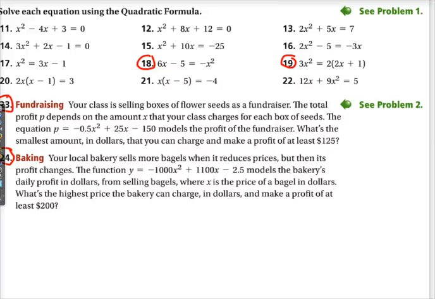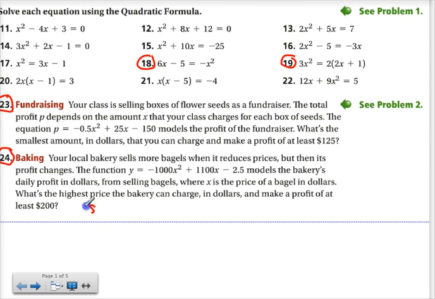These are the frequently asked questions for Algebra 2 for Section 4.7, where we are solving using the quadratic formula. And I am going to take a peek at number 18 with you. And number 18, the problem is it's not in the correct format. Whenever we want to solve, we're trying to get a 0 on one side, and we want this in standard